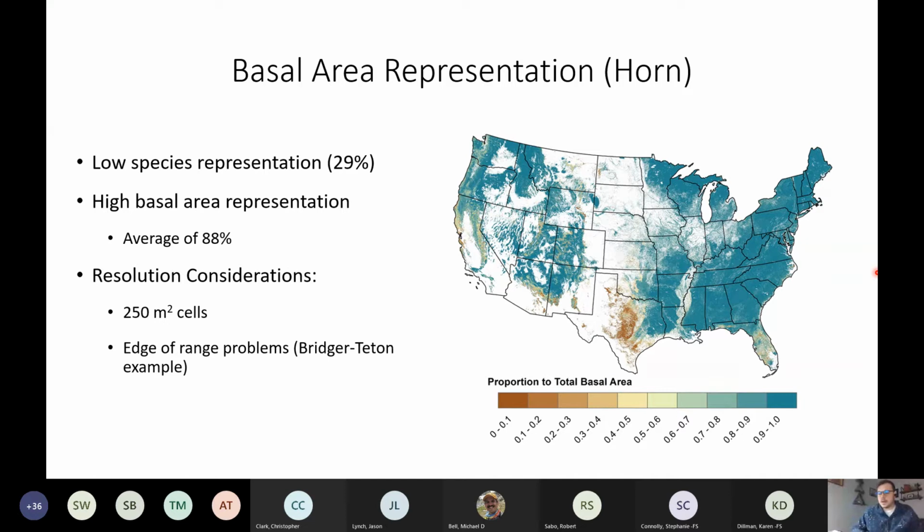So, in an upcoming CLAD report that's going to come out in the Bridger-Teton area, there was a comparison done of the species present within the plots compared to the species present in the continuous surfaces. And if I remember correctly, I think there were 8 species that showed up as being present within the continuous surfaces that were not present within the plots. And then there were also 2 species that showed up in the plots that were not present in the continuous surfaces. So there are some considerations that you need to make regarding uncertainty and whether those species are